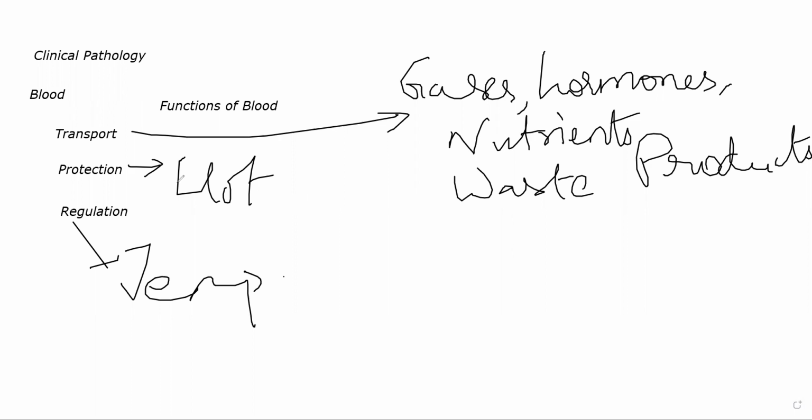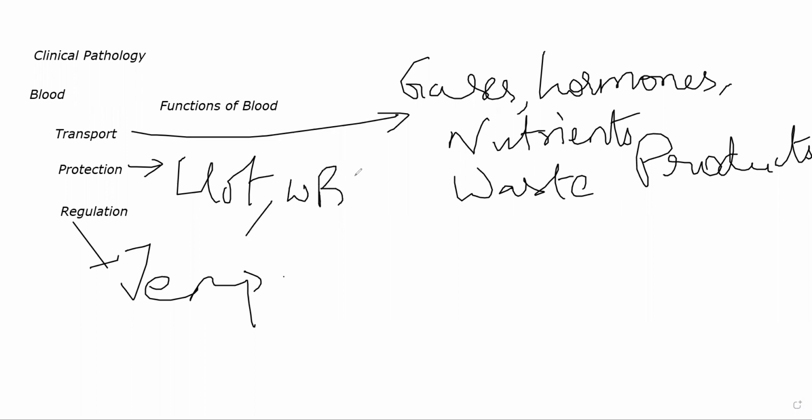If we talk about the protective function, obviously you told there is clot formation that comes from your platelets, thrombocytes, that are minimizing blood loss. Any other function that can be categorized under protection, or any other role that the blood has with respect to protection? Infection. Okay, infection. Yeah, sure.